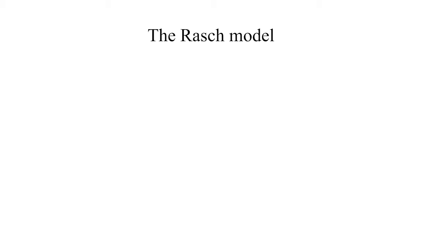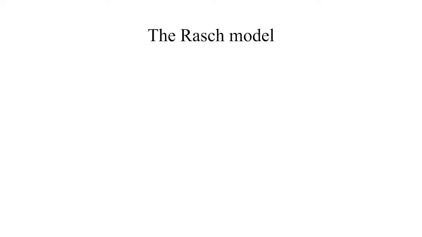Then there were models thought up for that property, the property of parameter separation. And the easiest and simplest model that you can imagine is the Rasch model. It's a very famous model invented by a Danish statistician, Georg Rasch, about 1960. And it is for dichotomously scored items. So in principle, you can make it more complicated, but we'll take a look at dichotomously scored items. So it's right or wrong.